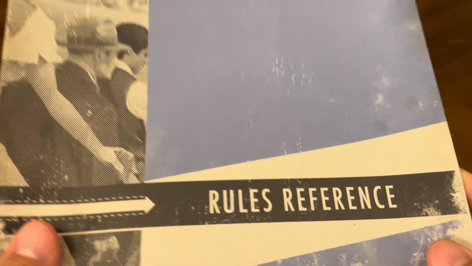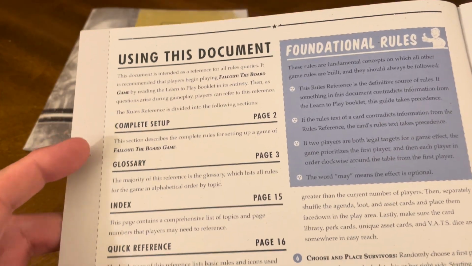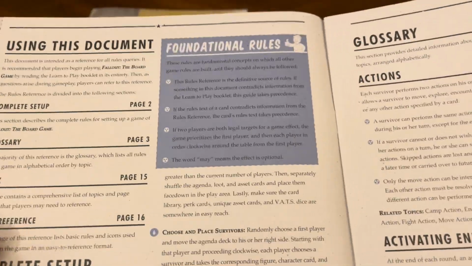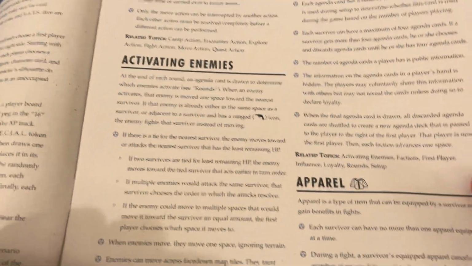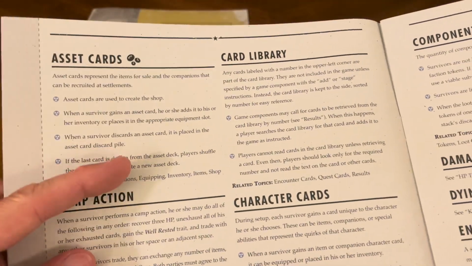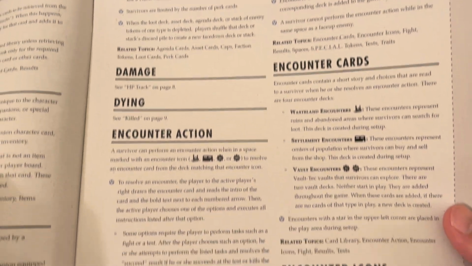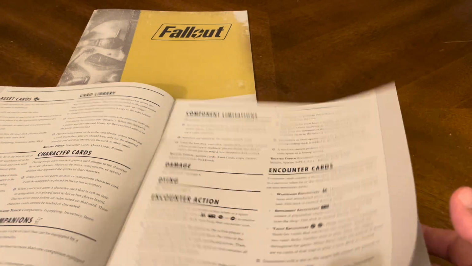Now you have a rules reference book also. Using this document, complete setup, glossary, index, and quick reference. So we're going to talk about completing the setup, foundational rules, glossary. We've got actions, agenda cards, activating enemies, apparel, asset cards, card library, camp actions, character cards, companions, and caps, component limitations, damage, dying, encounter actions, encounter cards, encounter icons,